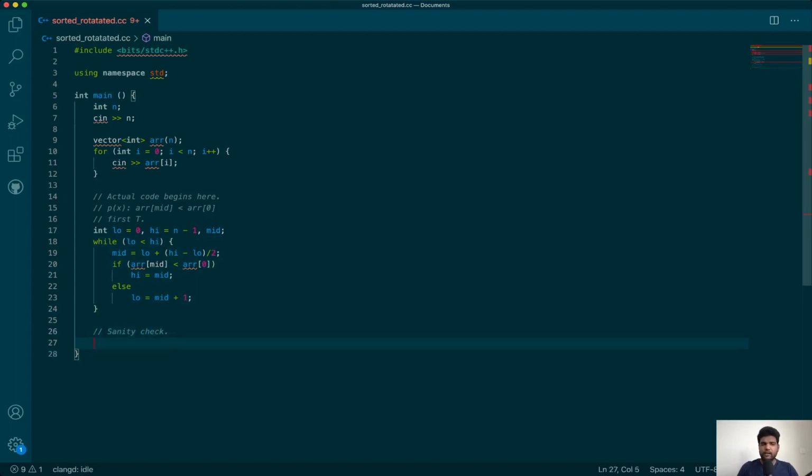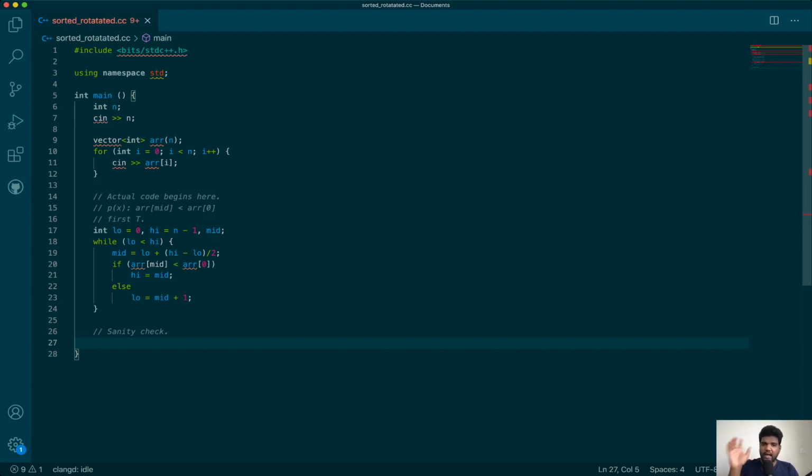Now let's take a moment to think about, do we need a sanity check? If both the lines have at least one element in them, which means the array is rotated by any number not equal to n or 0, which means you have at least one element in the second line also, then you know for sure that this is correct, right?